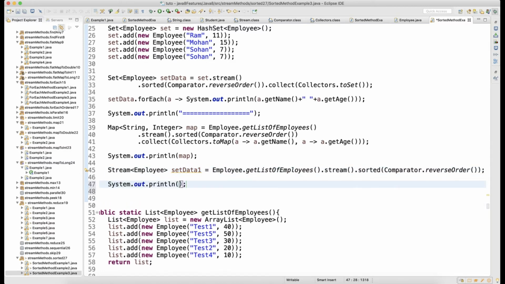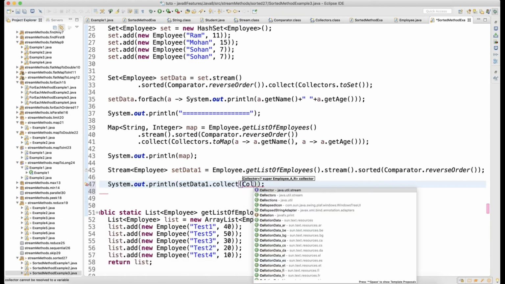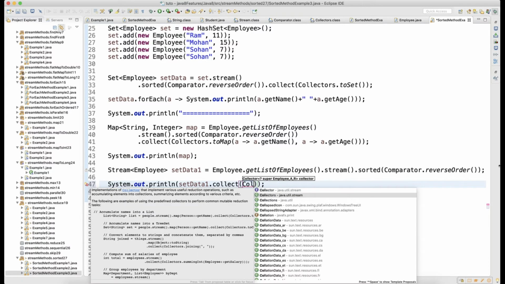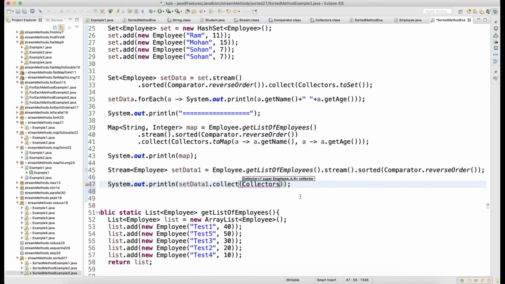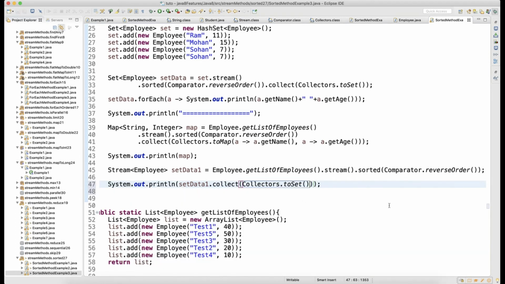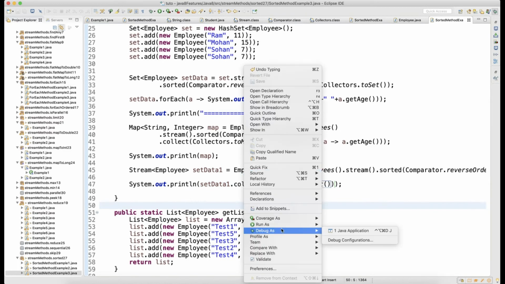I can do here dot collect, dot Collectors, right? Use always the java.util.stream Collectors final class, dot toSet, okay, and let's run that, the last one.